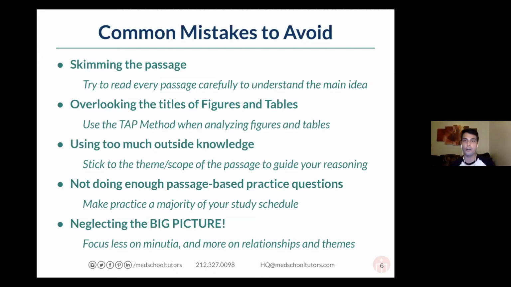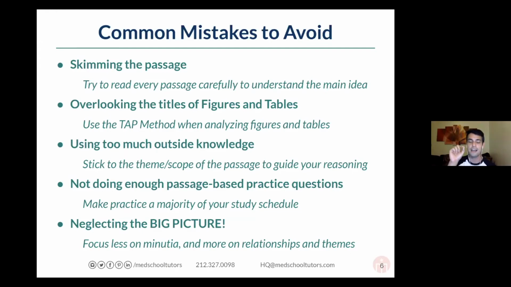So we'll go through this in the demo passage, but whenever you see a figure or table, read the title, then look at the x-axis and the y-axis. Make sure you understand what the units are, how they relate to the independent and dependent variable, and then start by looking for patterns, right? And when you're analyzing a graph, don't just take it all in at once. You don't want to parallel process that thing.